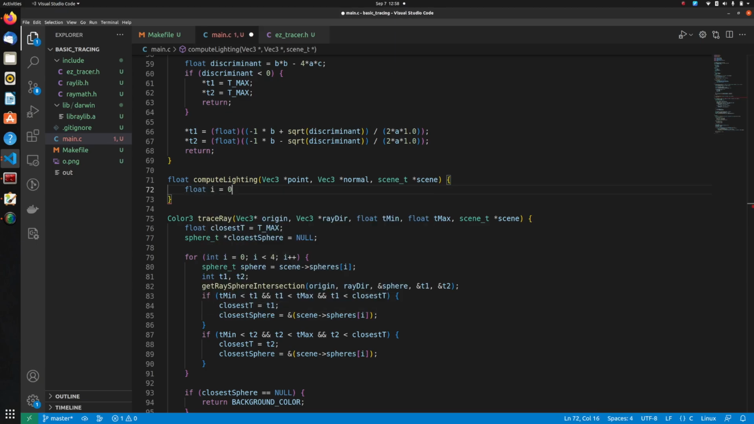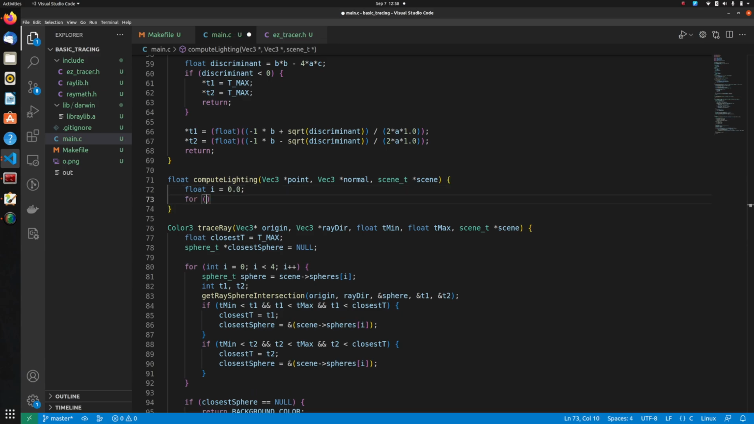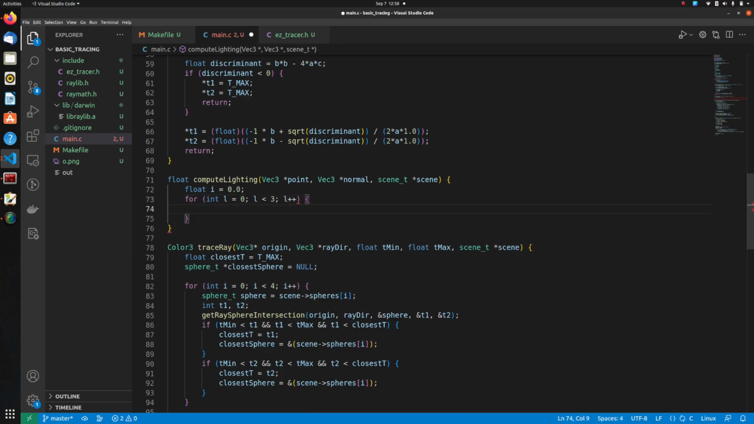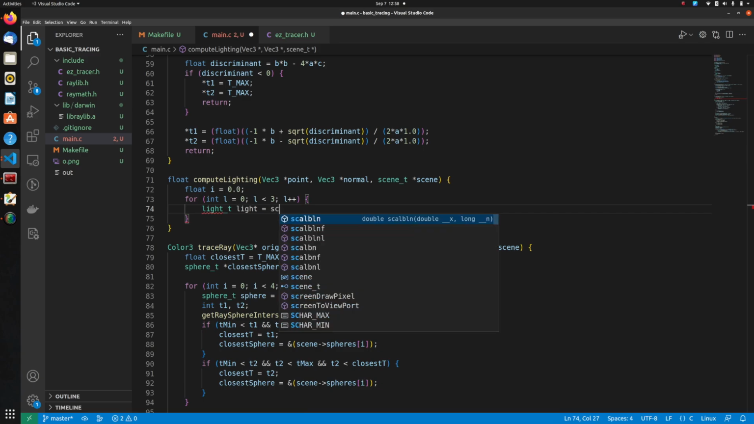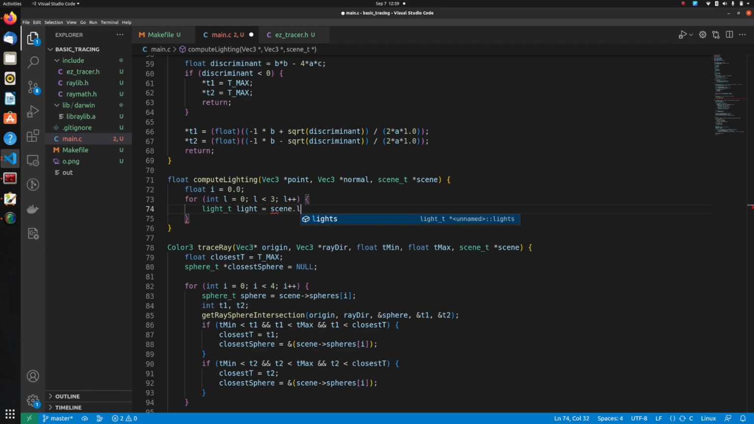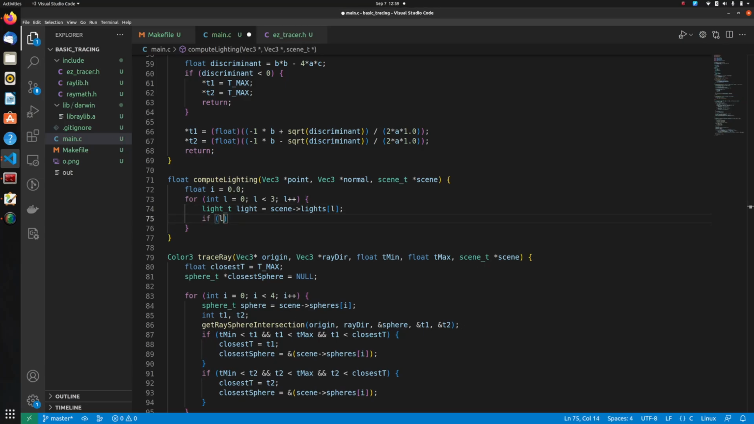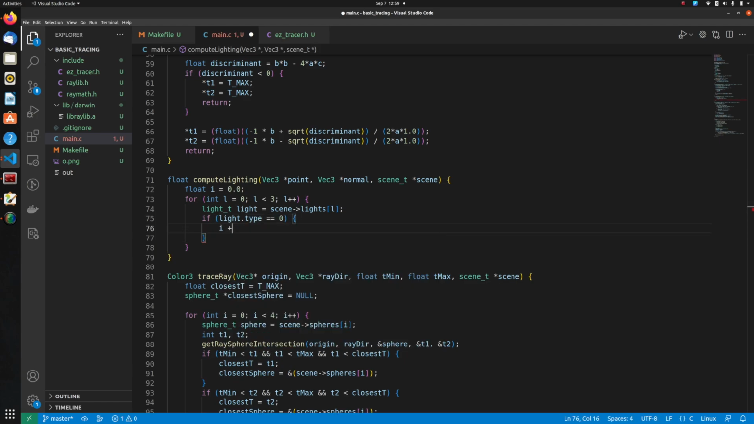Let's start with a float I equal to 0.0, and now we'll pretty much loop over all our lights. So let's pick a light. Okay, and if light dot type equal to 0, then it's pretty much an ambient light, right? So we'll simply add its intensity. Else